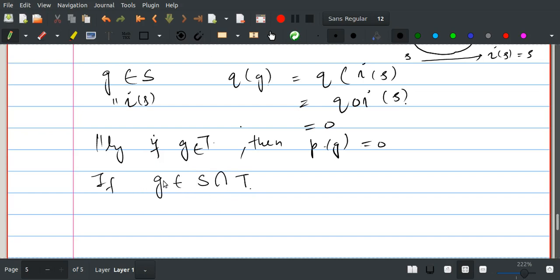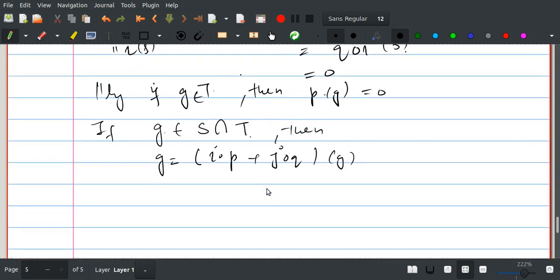Now if g is in this intersection, then g is same as I of P plus J of Q of g, because this map serves as an identity map on G. So this is same as I of Pg